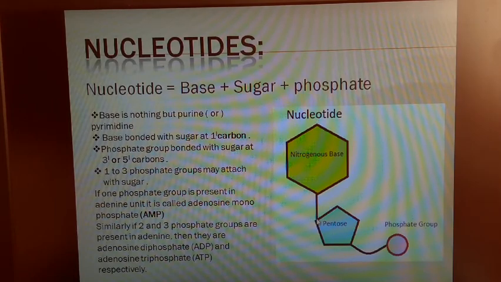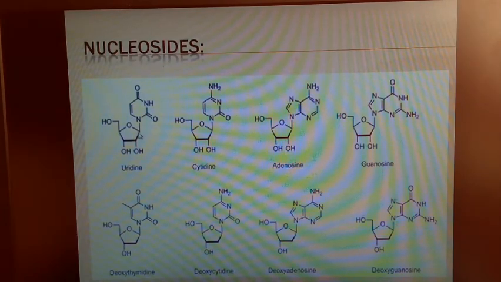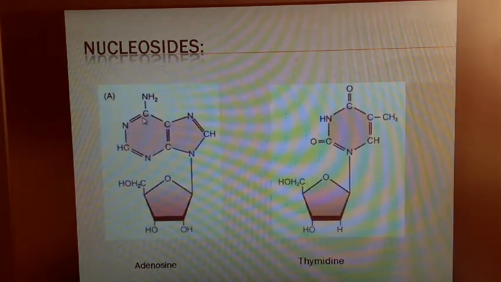This is our first carbon. Let us consider that we have reversed the structure. So the ninth nitrogen will bond to the first carbon. Suppose it is a pyrimidine, then the first nitrogen of the base is bonded to the first carbon of the pentose sugar. Then the phosphate group is going to bond to the fifth carbon of the pentose sugar. You can observe where the fifth carbon is. Just a minute, we'll take a slightly bigger structure. Okay, so this is the first carbon, second, third, fourth, fifth. So this is our fifth carbon.